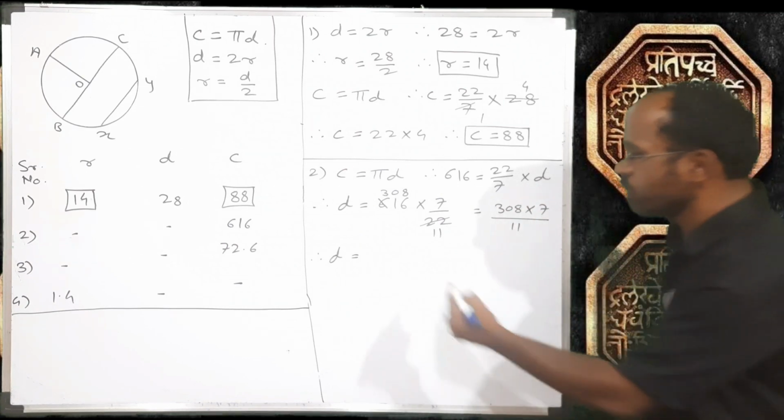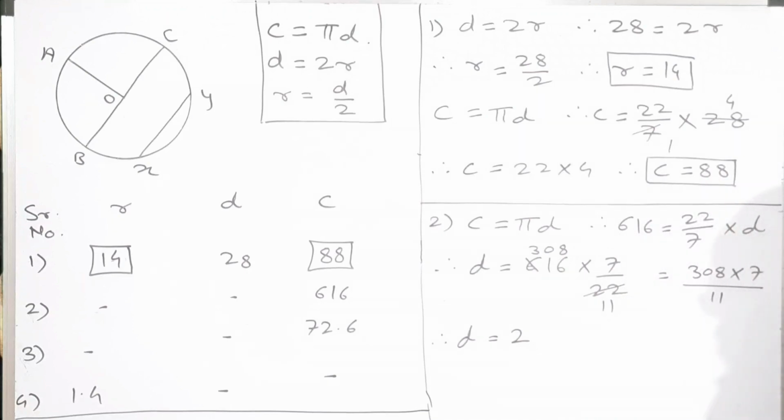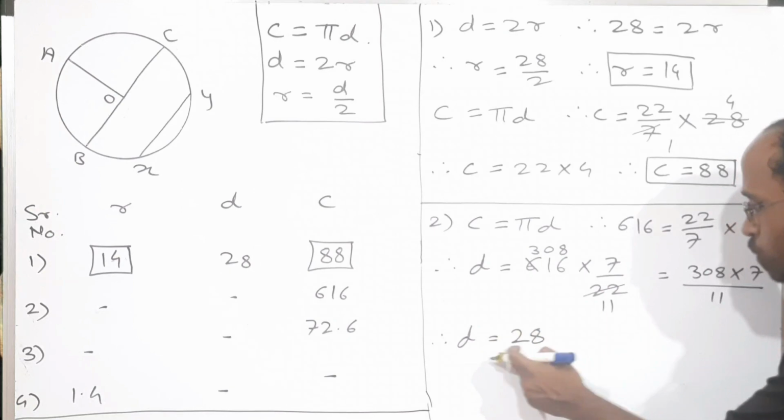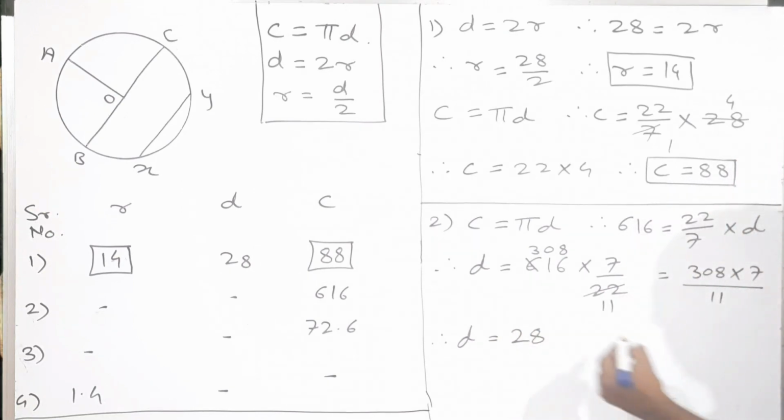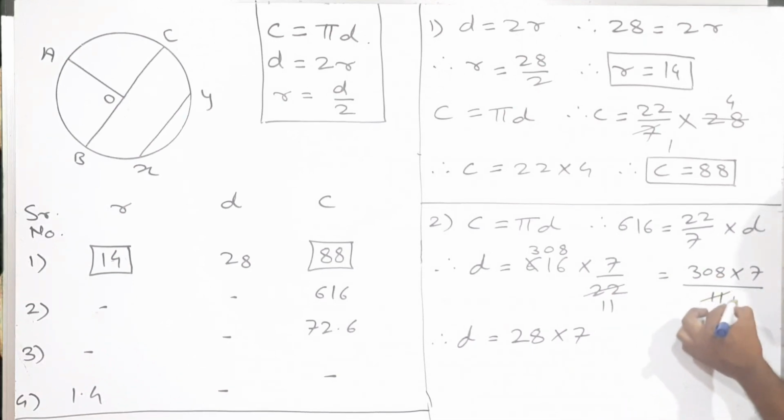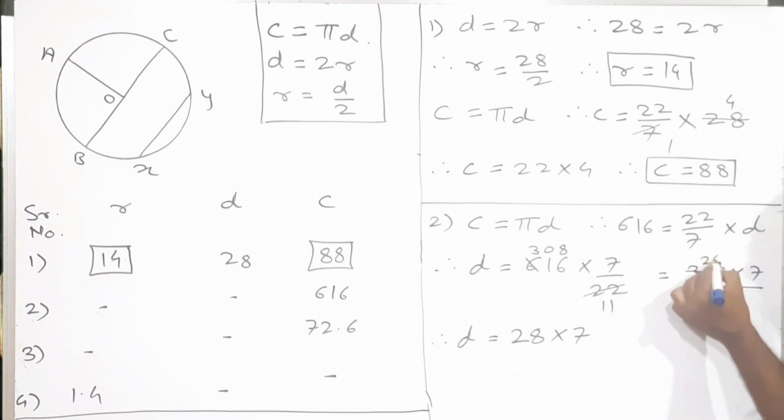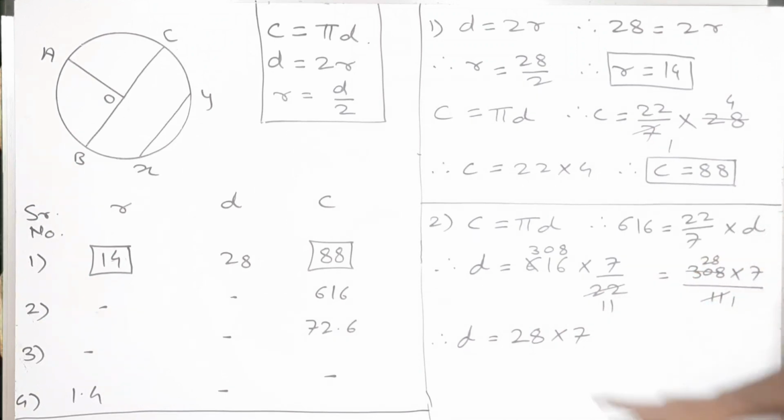So 11 2s are 22, 30 minus 22, 8 will be the remainder. If we append this 8, the number will be 88. 11 8s are 88. So d is equal to 28 multiplied by 7. Clear? D is equal to 28 multiplied by 7, because 11 times 28 is 308. Diameter is 28 multiplied by 7, so 7 8s are 56, 5 is the carry,